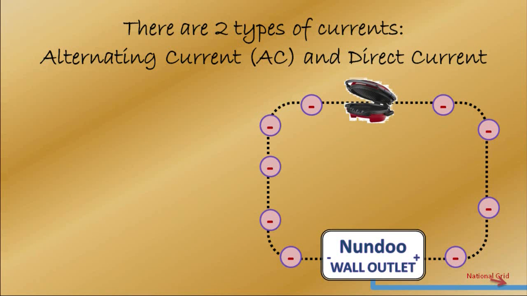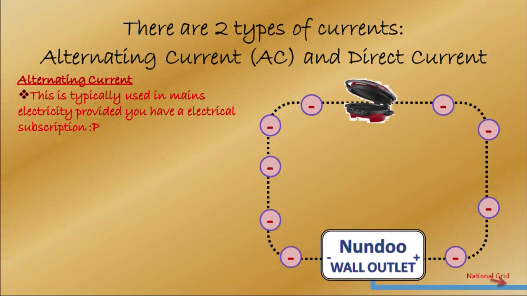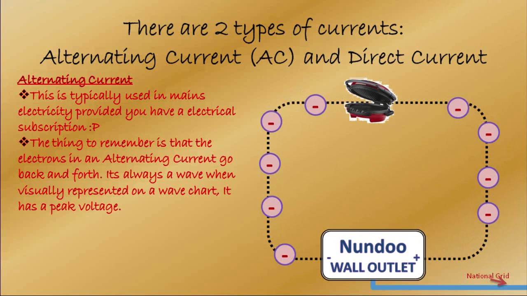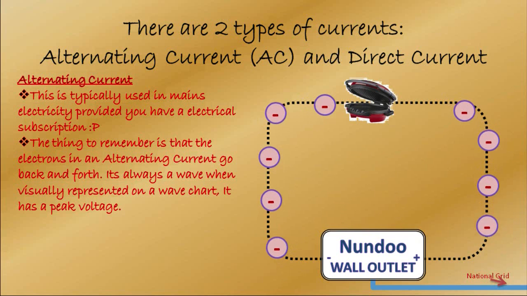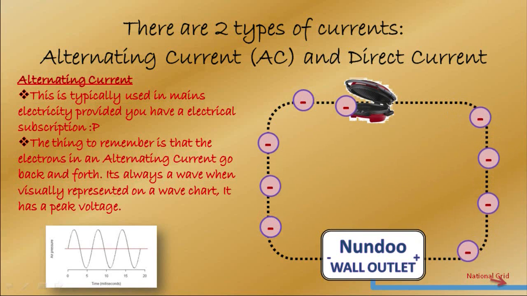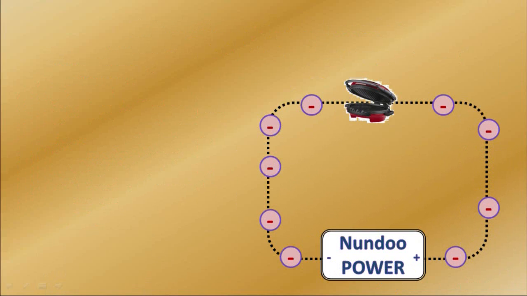There are two types of currents, alternating current and direct current. This is an alternating current. This is typically used in the mains electricity provided to you by your electrical subscription. The thing to remember is the electrons in an alternating current go back and forth. It's always like a wave when visually represented on a wave chart. It has a peak voltage. On the other hand,